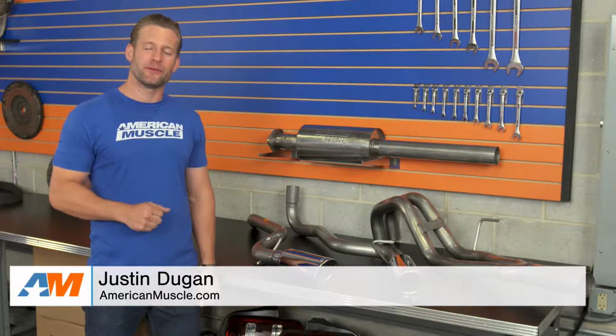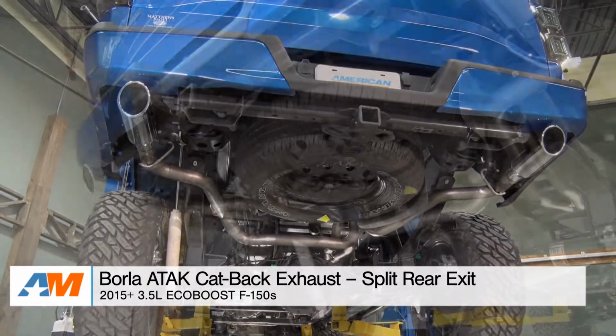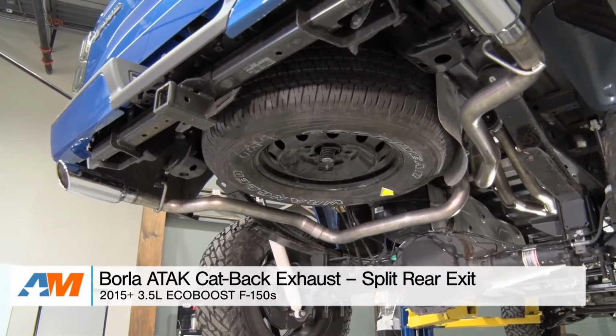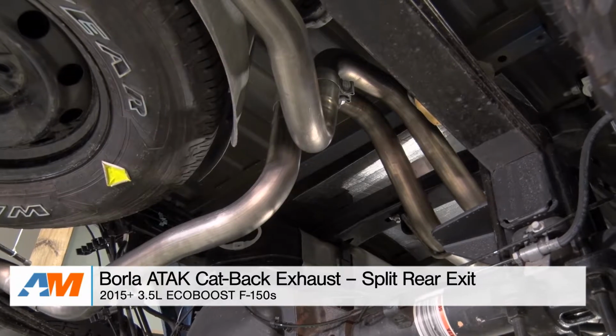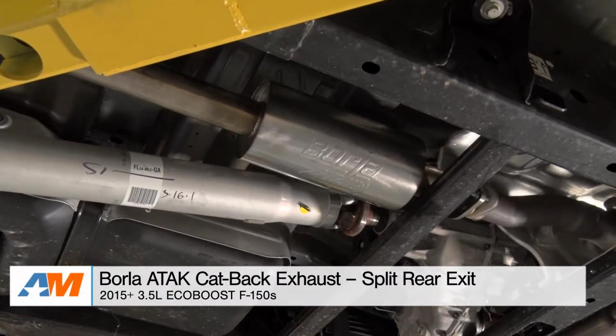Hey guys, I'm Justin with AmericanMuscle.com, and this is my detailed review and install of the Borla ATAK catback exhaust system with the dual split rear exit configuration. This is going to be available for your 2015 and up 3.5 liter EcoBoost powered Super Crew and Super Cab F-150. All right, we've got some ground to cover in this video, including what kind of sound you can expect